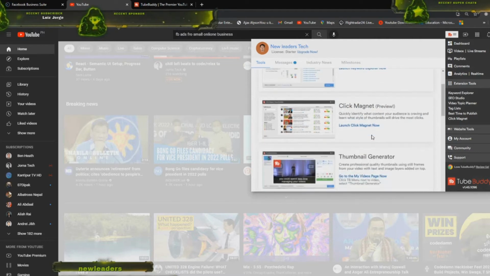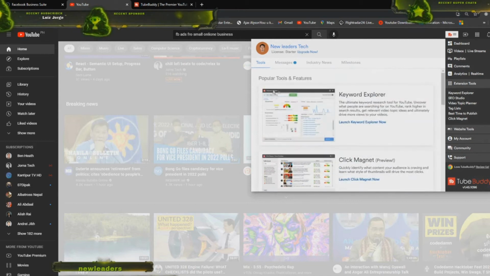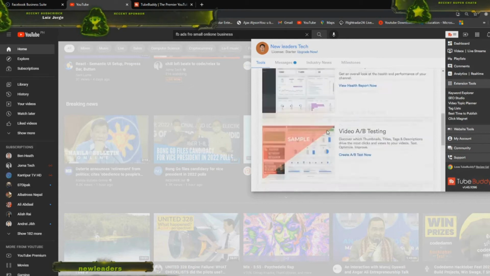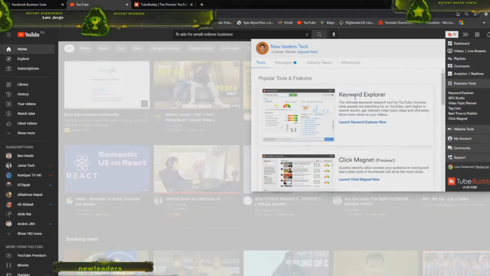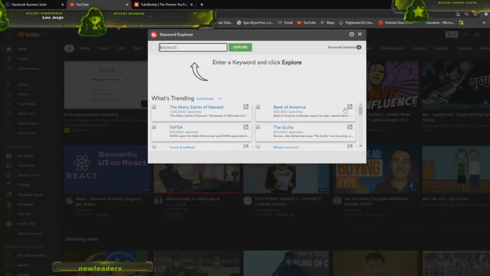And just beside that, there are some popular tools and features that most people use, and this is really good stuff. They have the keyword explorer. When you launch it, you can search for the keywords that you can target in your YouTube videos or any SEO.